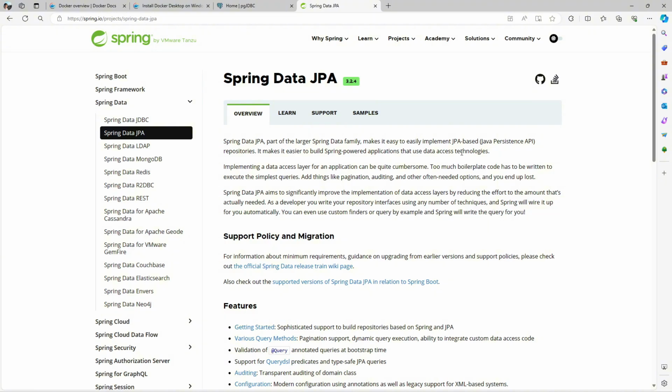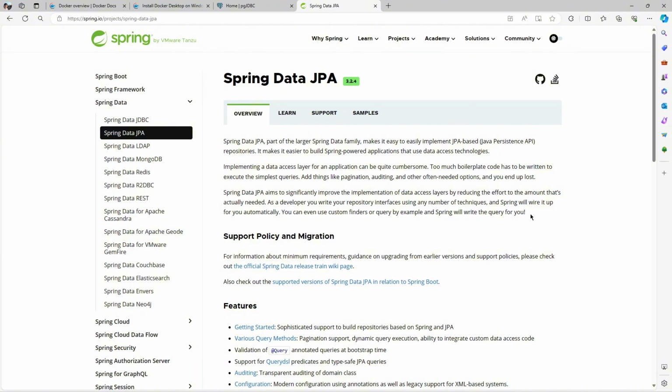Basically, when we use Data JPA, it will map our model into the database, and it is also able to generate the SQL query for us based on the method name when we implement the JPA repository, which I will show you later on. So Data JPA is very powerful.